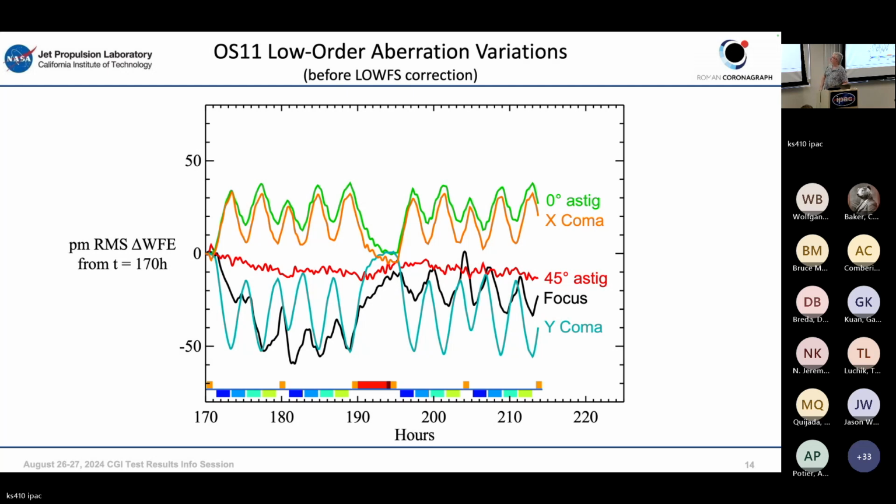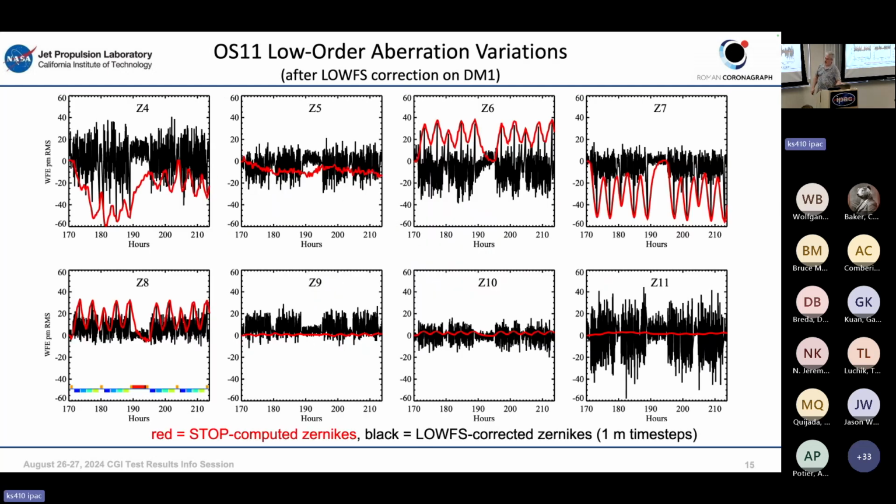Now, what we're seeing here in red are again those same stop model predicted aberrations for Z4 through Z11. And then in black is the difference between those aberrations and what the LOFUS model measured. Now it looks like it's a bunch of kind of noisy trash,